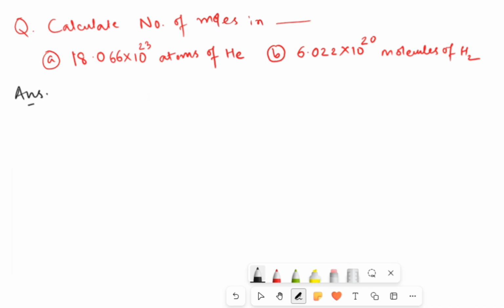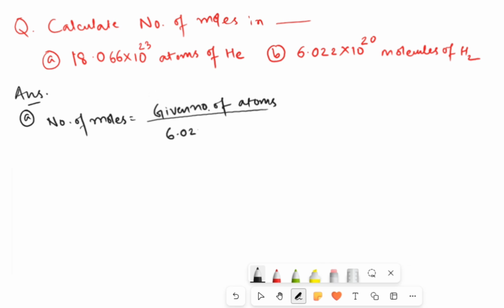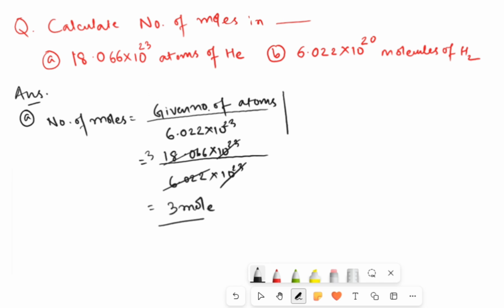So let us solve. तो देखो क्या है ना, फर्स्ट क्वेश्चन A. So here given number of particles are 18.066 10 to the power 23. So obviously we are going to use the number of moles formula in terms of the particles. So it is number of moles is equal to given number of particles or atoms divided by 6.022 into 10 to the power 23. सो डायरेक्टली हम लोग वैल्यू पुट कर देंगे अभी 18.066 इंटू 10^23, ये गिवन वैल्यू है, डिवाइडेड बाई 6.022 इंटू 10^23। तो डायरेक्टली हम लोग 10^23 को कैंसिल कर सकते हैं एंड 18.066 3 टाइम जाएगा 6.022 का, तो आंसर विल बी 3 मोल्स।